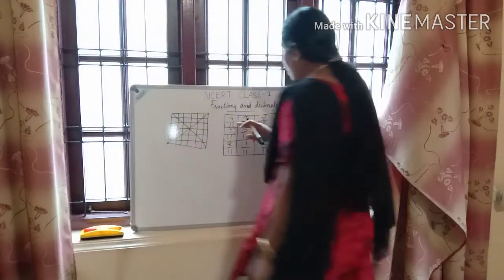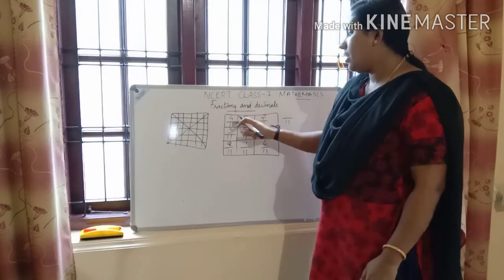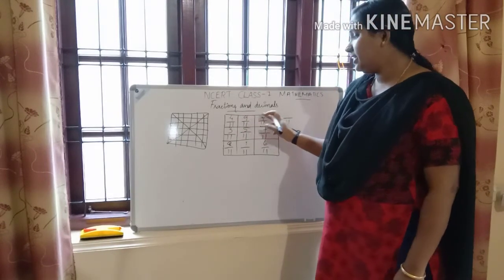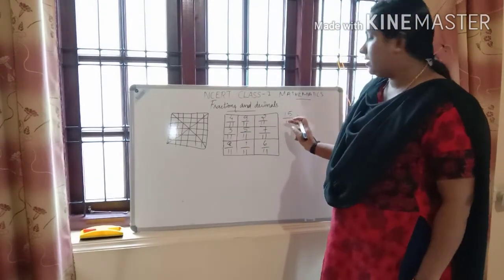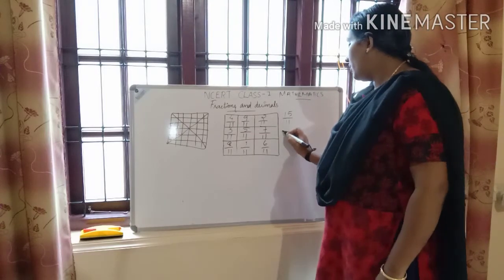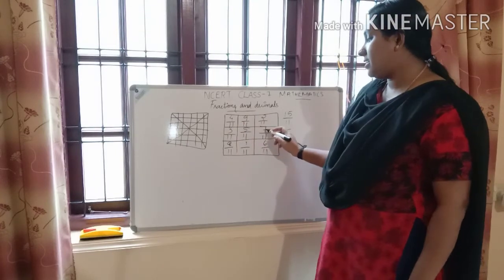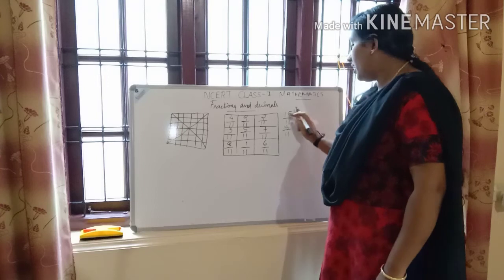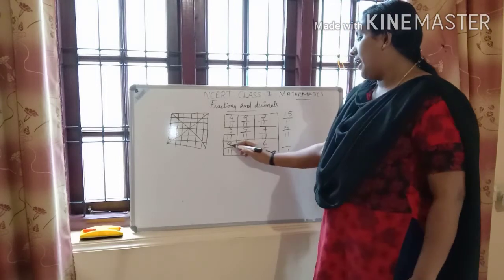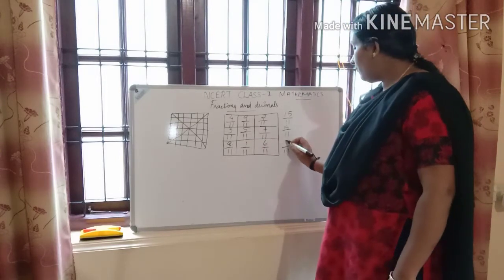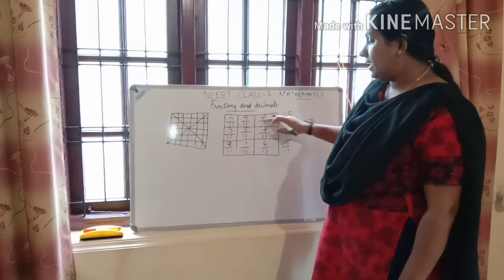See, the denominator is 11. Just add the numerators only. 4 plus 9 is 13. 13 plus 2, 15. While adding this row, we get 15 by 11. Here the denominator is same. Just add the numerators. 3 plus 5, that is 8. 8 plus 7, 15. We got the same answer. Here, check. 11. 8 plus 1, 9. 9 plus 6, 15. Here also, we got 15 by 11 while adding the 3 rows.